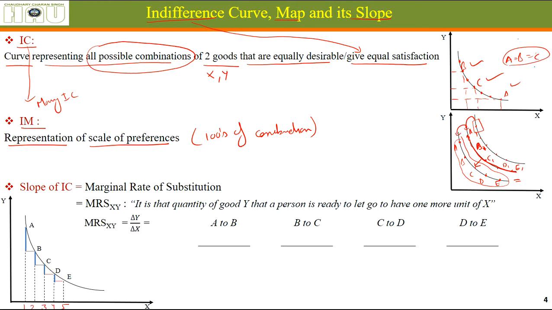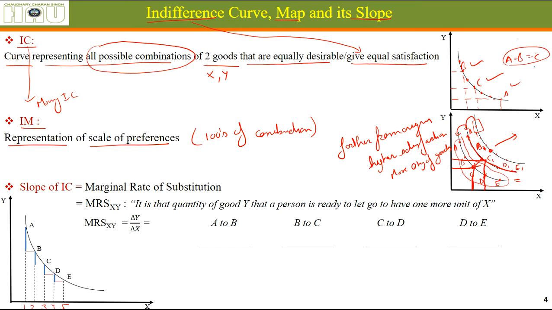Okay, what it means is that when an indifference curve moves to this side, farther from the origin, that means higher satisfaction. Why does it mean higher satisfaction? Because those combinations on the higher indifference curve have more quantity of both the goods. Let's say combination C on this curve and combination C1 on this curve, they have more quantity of both the goods, X as well as Y.